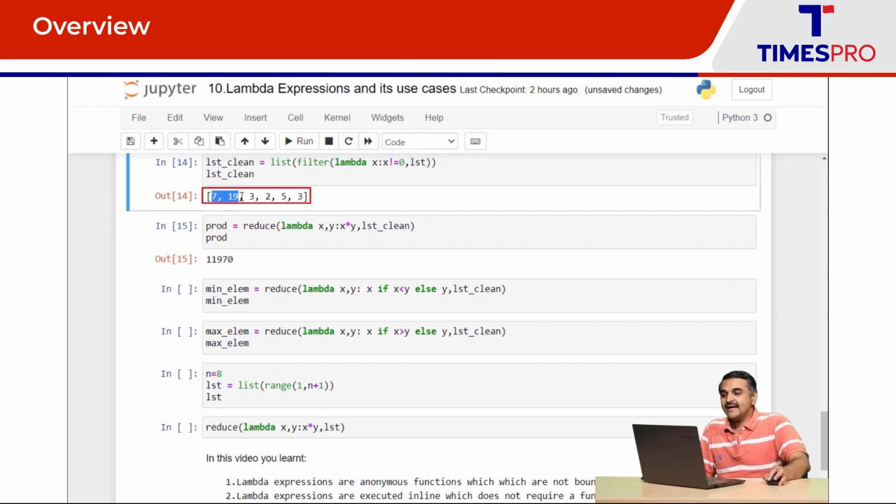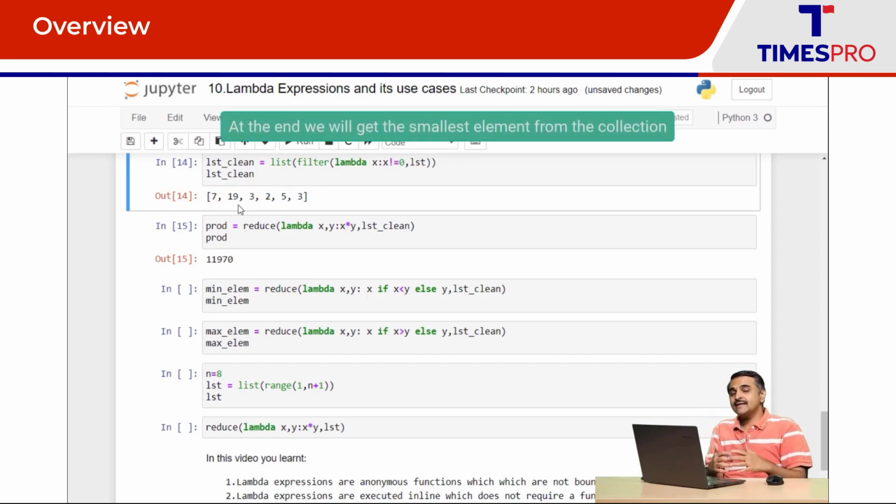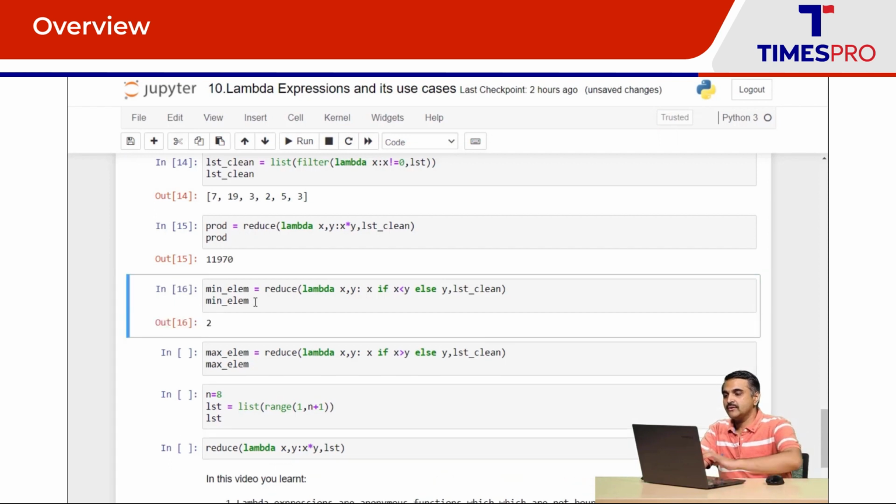So between 7 and 19, you're going to have the least of the elements, that is 7. Between 7 and 3, again the least, which is 3. Between 3 and 2, the least, and so on till the last. So at the end, you're going to end up getting the smallest element from the collection. So here you go. You have the smallest element from the collection, which is being returned as an outcome of